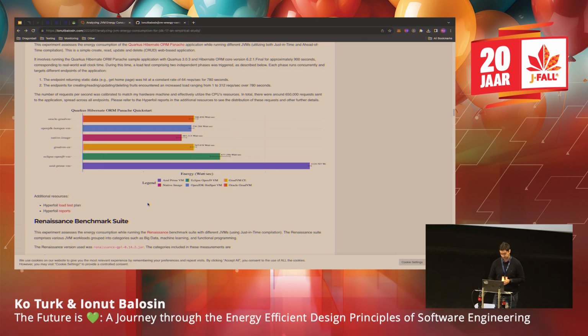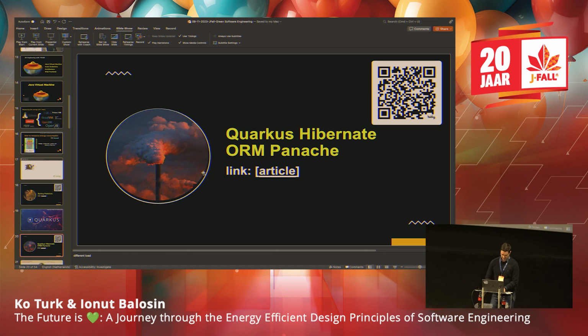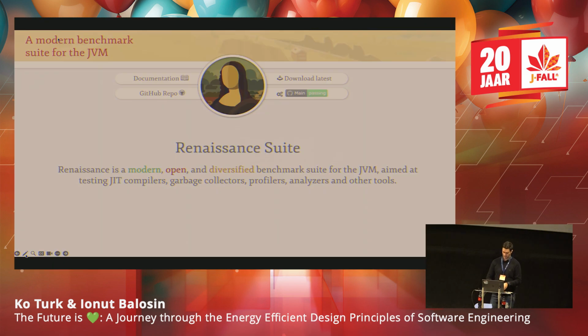Also in this case, native image performed quite well. You can judge for yourself based on the length of these bar charts which one is a bit more efficient or which one is not so efficient. And this was the second use case. The third use case was, we said, okay, we took some web-based frameworks, but let's take something